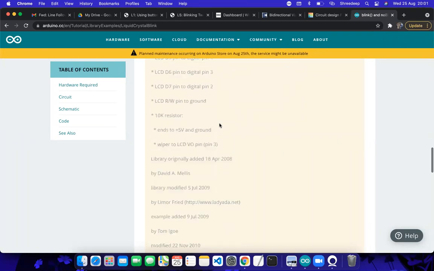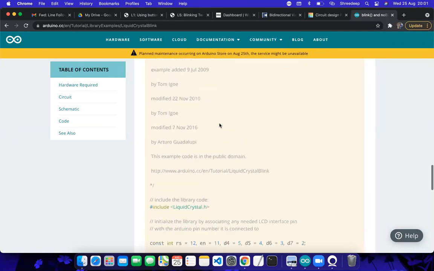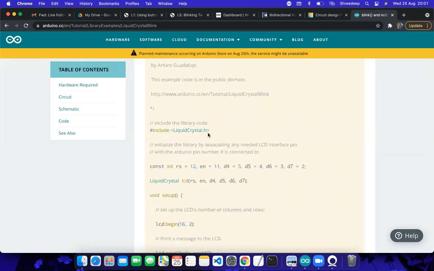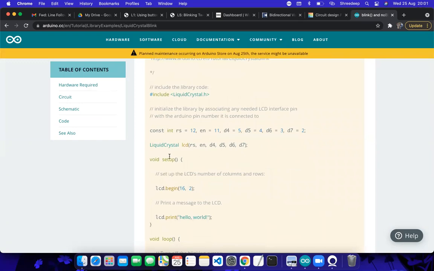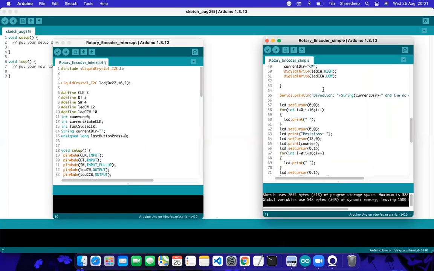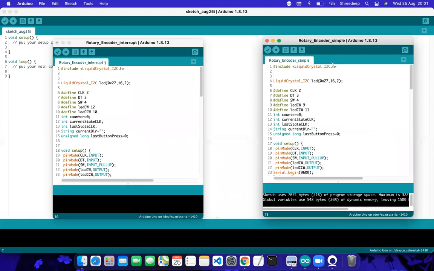See, how do you declare the library? After declaring LiquidCrystal.h or maybe LiquidCrystal_I2C.h, we need to define an object for the LiquidCrystal class. Similarly here, this LiquidCrystal_I2C library is there, and within the library there is a class called LiquidCrystal_I2C.